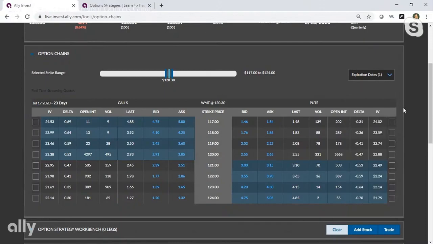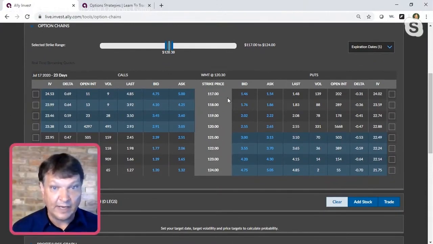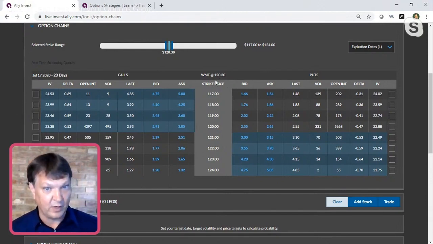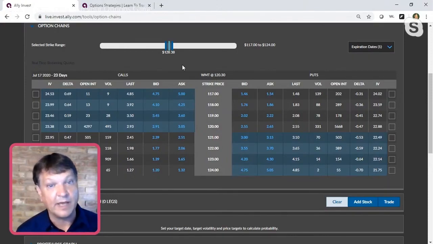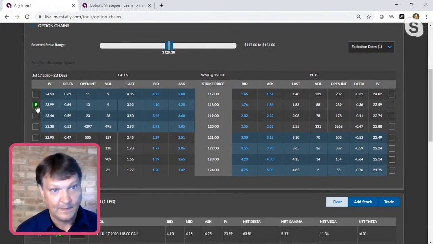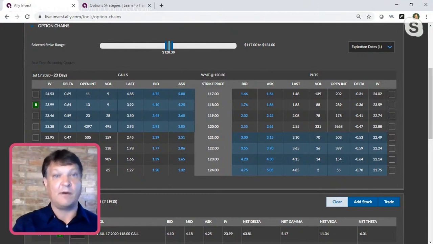Now, if I go and look at this overall, here's what we have. Stock's at 120. Part of the reason why I picked Walmart, I didn't pick Walmart because I like Walmart. I picked Walmart because it's trading very close to the actual strike prices, and it has 1 point strikes. Because now I can show you how we can adjust these strikes to try to think about how it affects our time premium. Okay, so let's go 2 points in the money down to the 118 strike, and let's go 2 points out of the money to the 122 strike. Now, the quote is down below on the screen. I'm going to have to scroll down to look at that quote.